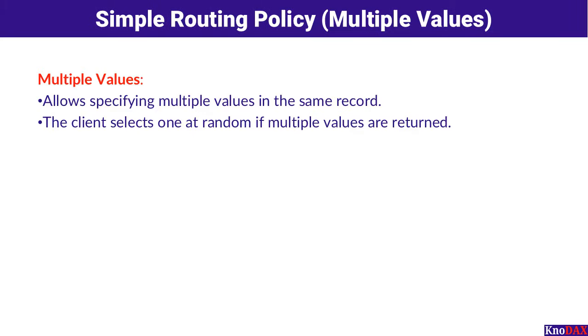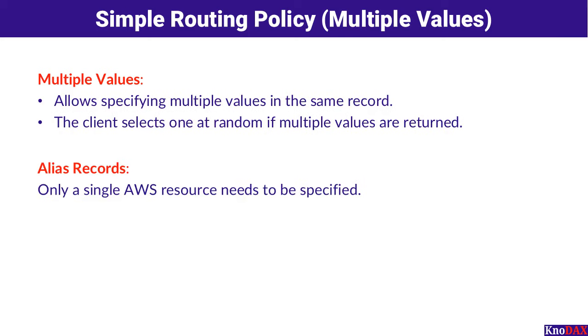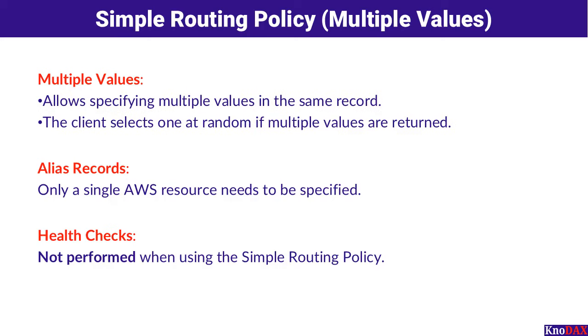Let's discuss the simple routing policy for multiple values. First, you can specify multiple values within the same DNS record. If multiple values are returned, the client selects one randomly, which helps distribute traffic across those values. When using an alias record with the simple routing policy, you only need to specify a single AWS resource, simplifying the configuration process. However, it's important to note that health checks are not performed with this routing policy. This means Route 53 does not monitor the availability of the resources associated with the record. The simple routing policy is ideal for basic use cases without the need for advanced health monitoring or traffic distribution